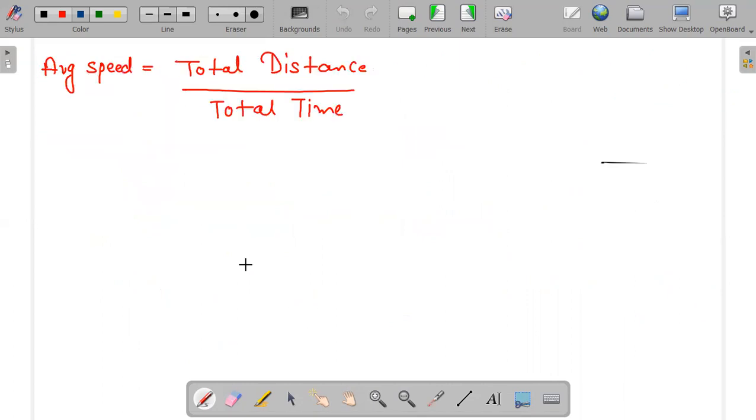Anyway, so we are at average speed and I'm writing a question for average speed. If you have any doubt in understanding physics, write to me in the chat box. And you have to attend the IDT today. So these things will help you a lot and will also save your time.